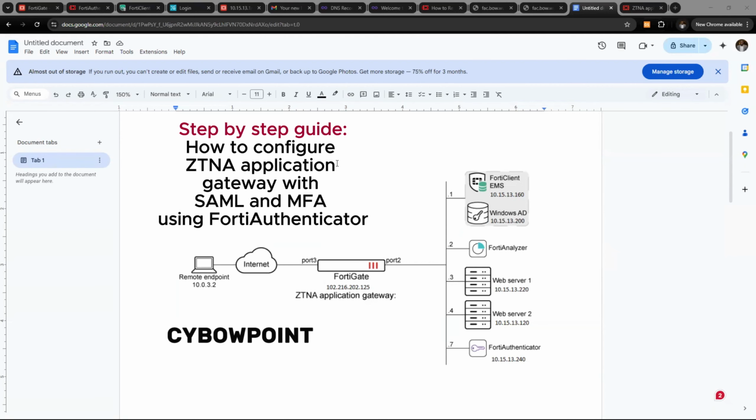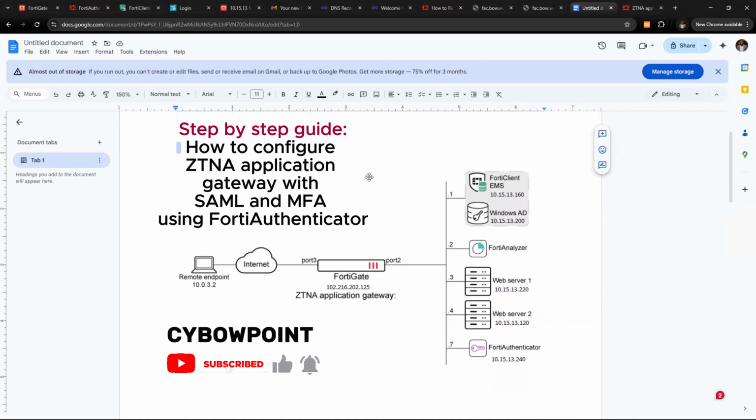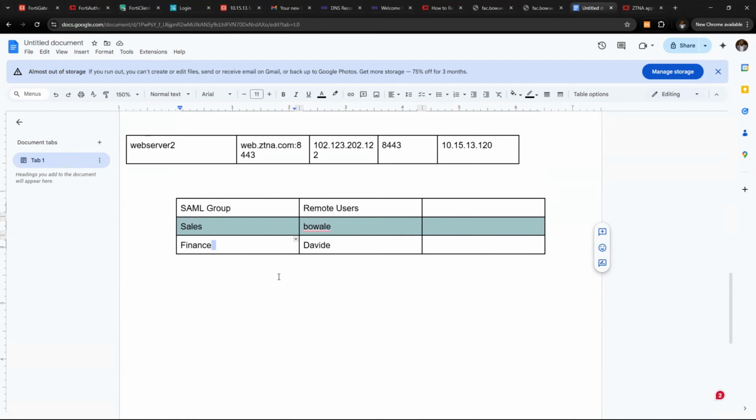And in this video, I'm going to show you how you can configure Fortinet ZTNA for your remote users, and also be able to ensure that you authenticate through SAML authentication, integrating FortiGate and FortiAuthenticator to provide SAML authentication for your remote users. So you'll be able to assign each resource to the authorized user based on the SAML group